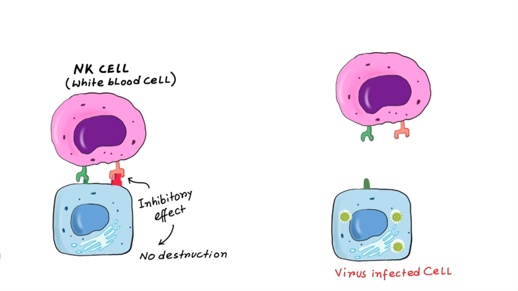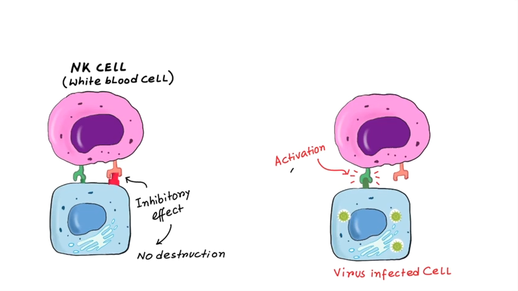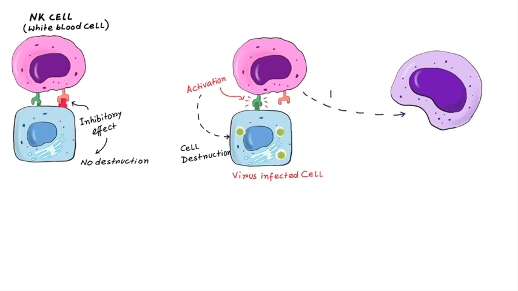In virus infected cells, the MHC class 1 molecule expression is reduced significantly so that the inhibitory receptors are not engaged and ligand for the activation of NK cell binds with the activation receptor and activates the NK cell. Then these activated NK cells kill the virus infected cells. So this is an effective way of killing the virus infected cells. NK cells also secrete cytokines such as interferon gamma, which activates macrophage to destroy ingested microbes, and thus NK cell provides early defense against the intracellular microbial infection.